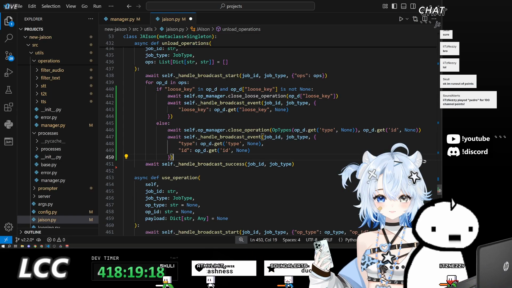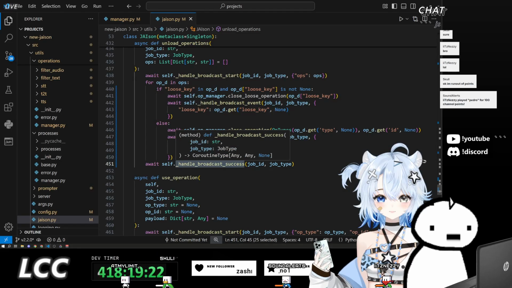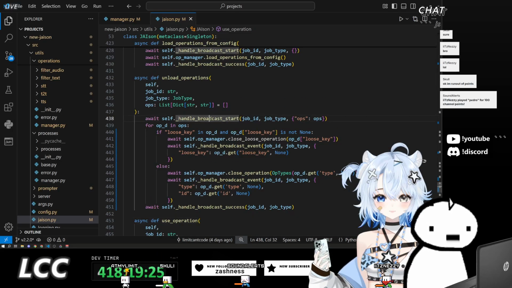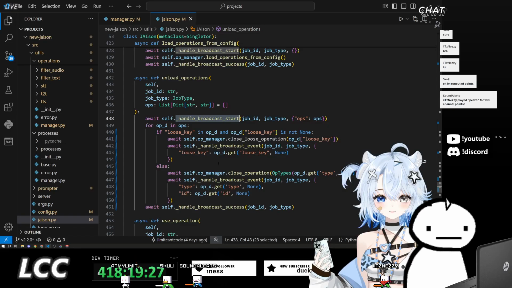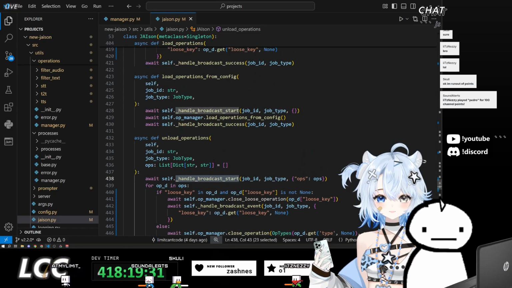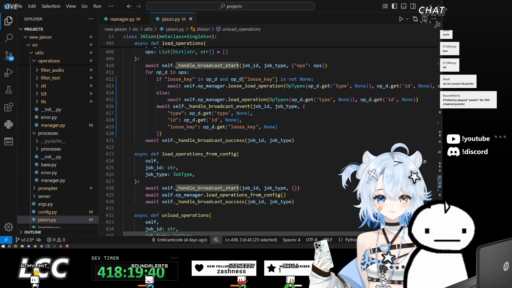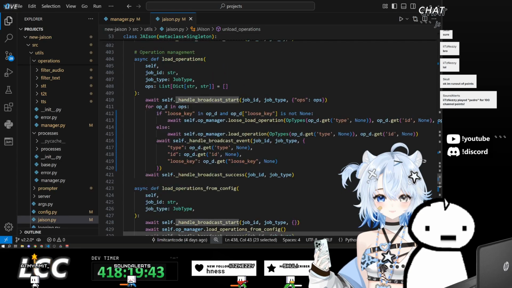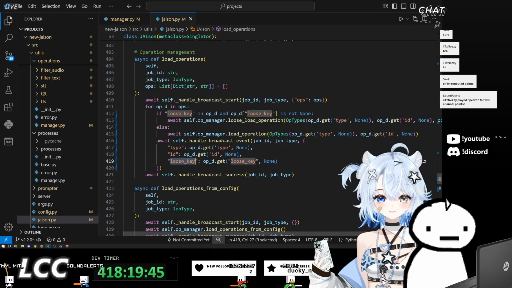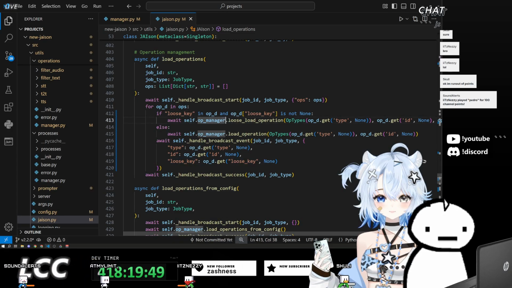Op manager, you can get out of here. And handle success. Okay, so now if we call load operations, we have the ability to pass in a loose key, and that will loosely load that operation.